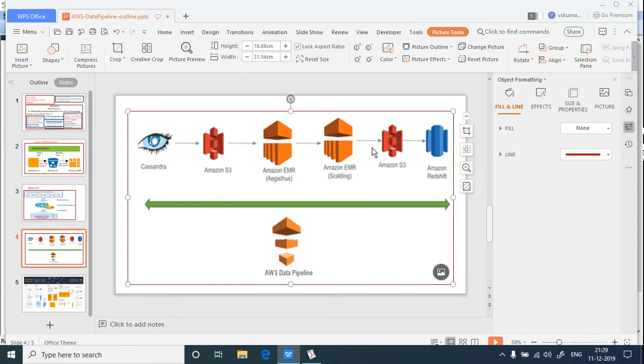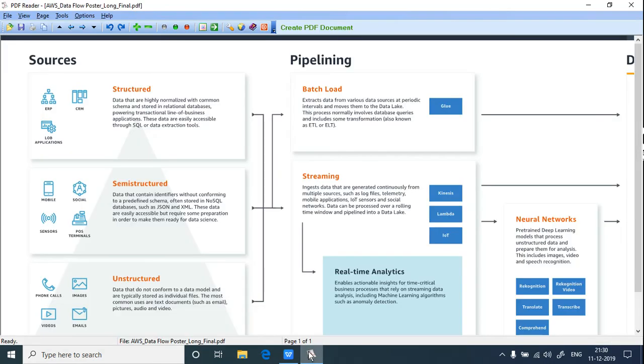Then later on S3 is going to be used for storing transit files for Redshift purpose. So the entire process is given here through data pipeline. Now if you see this particular flow, you can take semi-structured data either from social media or mobile technology related applications, and POS terminals, also point of sale terminals, and there can be sensors that identify a lot of actions and send the data signals also.